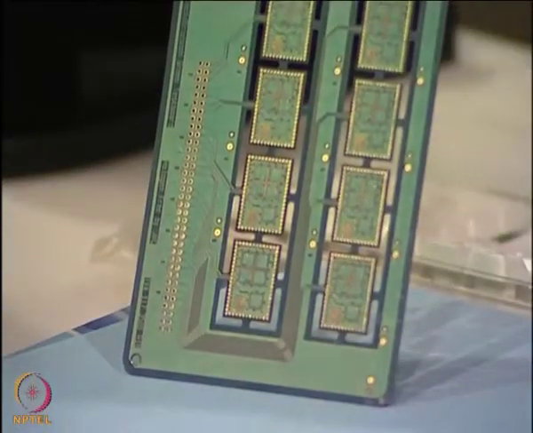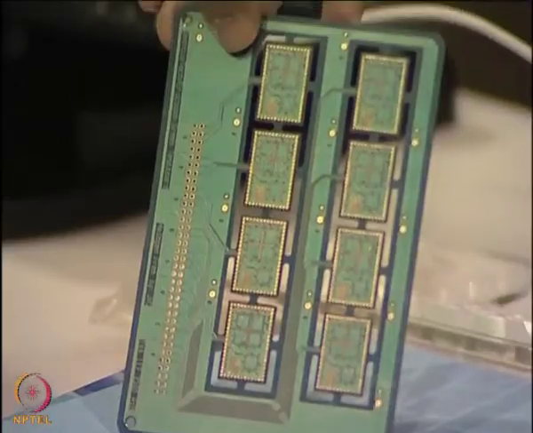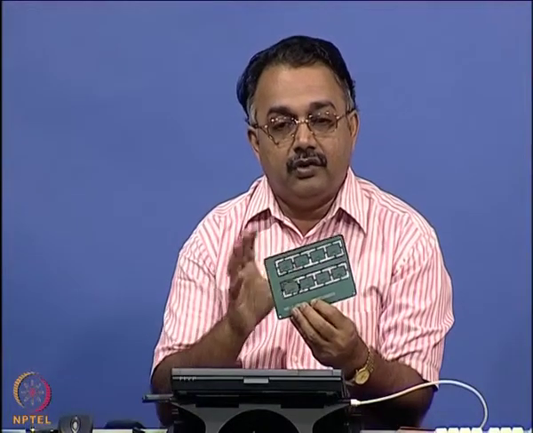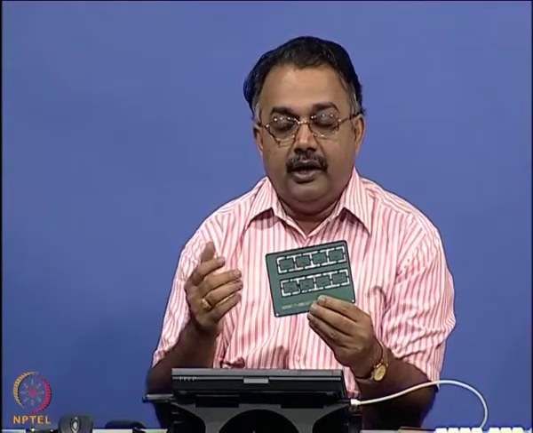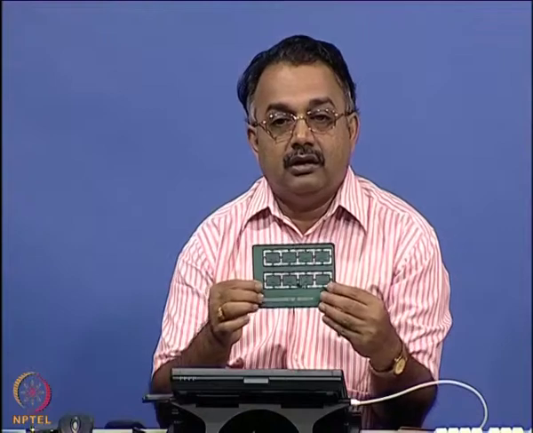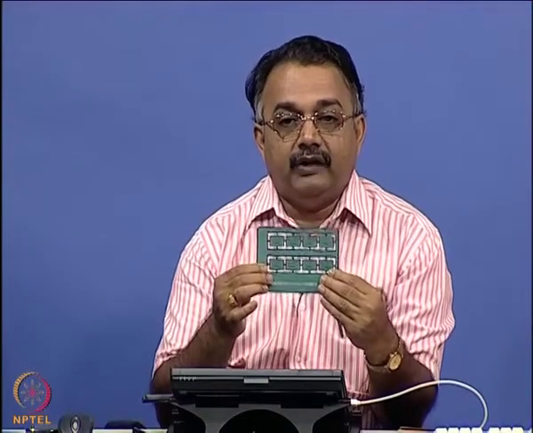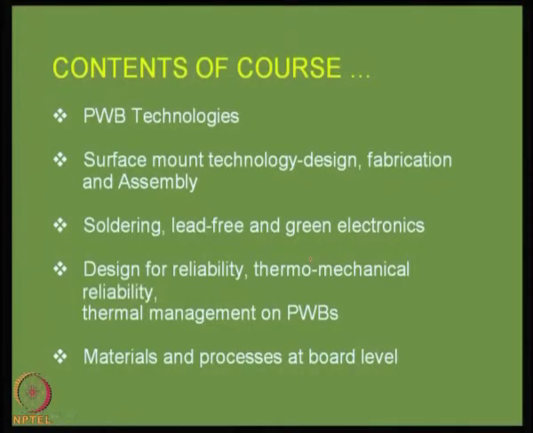You are going to realize this is something like a system, it can perform system functions, but if you have a huge product, it will be called a subsystem because it will be connected to various boards, and we are going to see how these second level packages are manufactured, because there are various choices today in the industry. We will look at cost issues in these technologies also, and we will also look at the status in India today in these technologies. We will talk about surface mount devices or surface mount technology, the design, fabrication and assembly issues in surface mount technology,